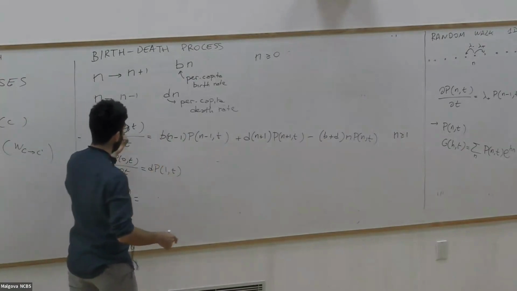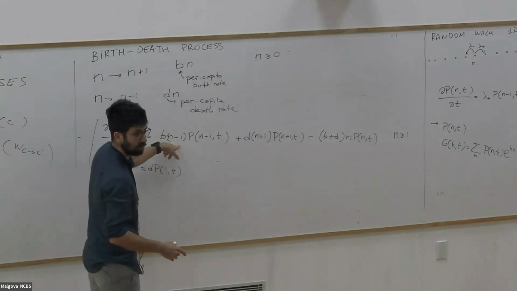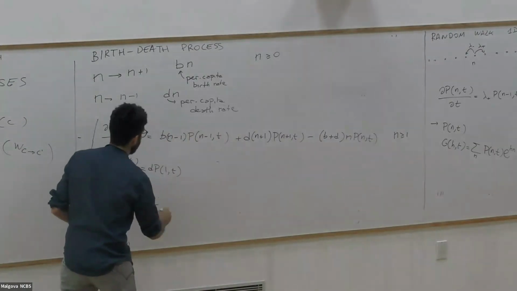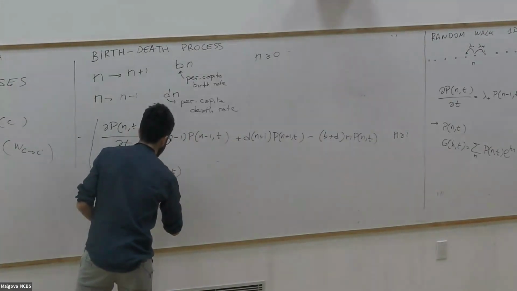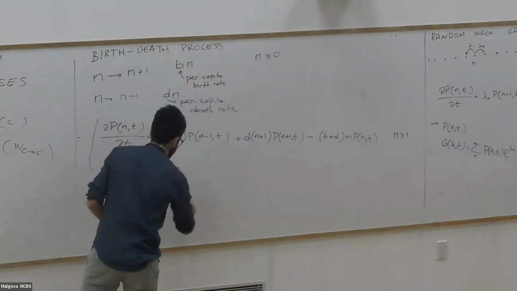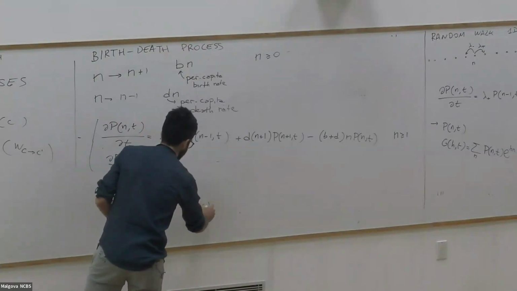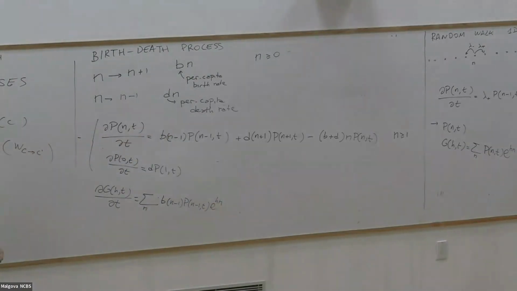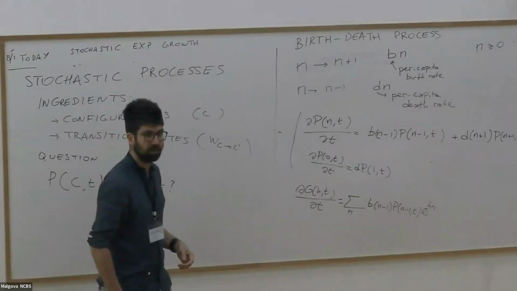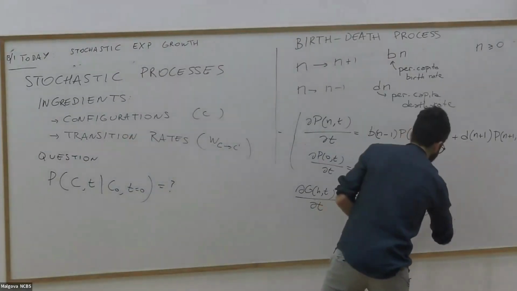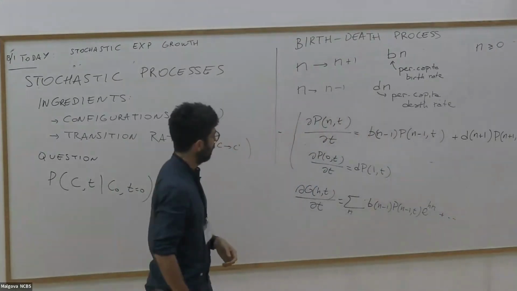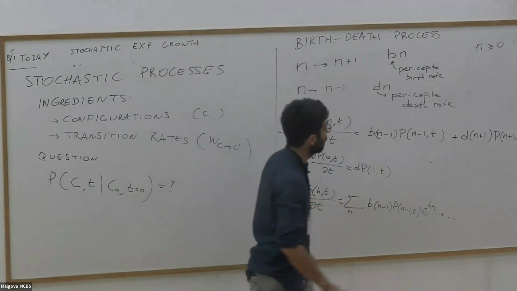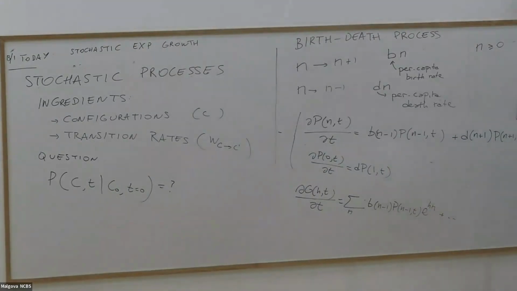And so what I get is the derivative of P of n, and then I use this one, right? And so for instance, I'll have multiple terms in this sum. And for instance, the first term of this sum will be the sum over n of B n minus 1 P n minus 1 T e to the H n. Okay? Is it clear what I did? And then you have the other term with D, etc. Okay. Now let's look at this term. This term is as complicated as before and as useless as before. But if we look at this term,